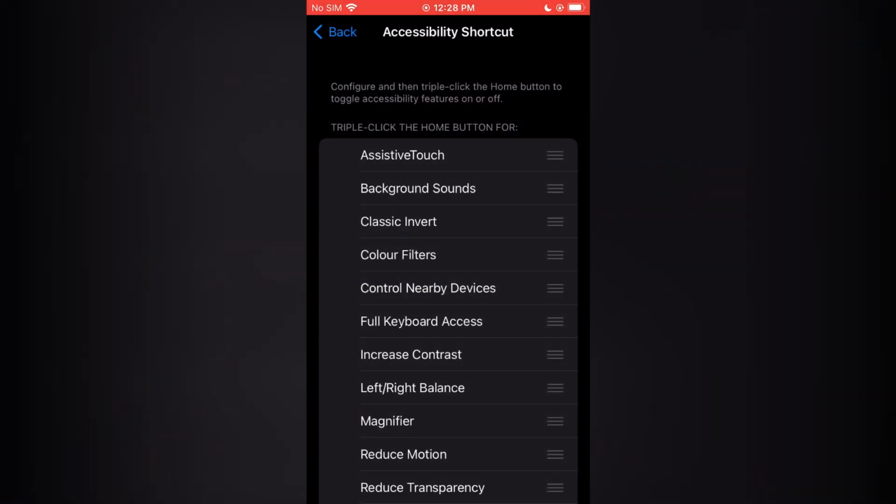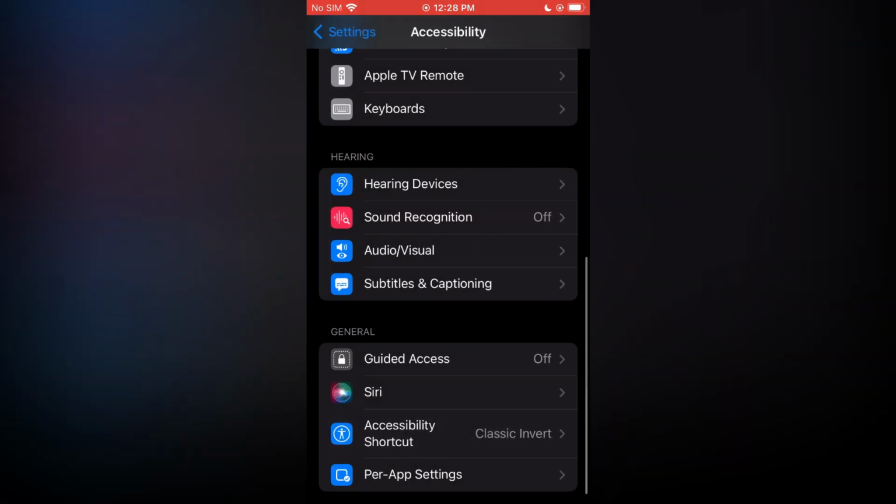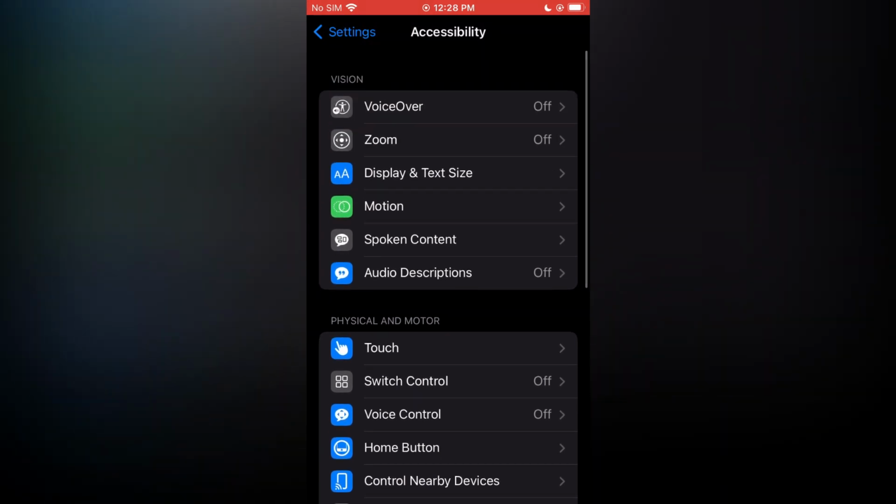Then you are going to tap on classic invert. Now that you have turned on classic invert in accessibility shortcut, all you'll have to do is simply triple click the home button to toggle it on. So let's say, for example, I were to go back into TikTok,